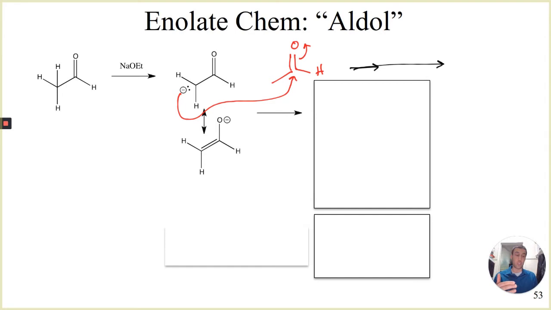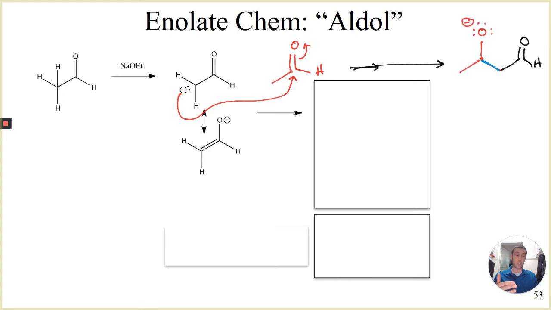The resulting structure is going to look something like this. Red bond to show our connection. And actually, I'm going to show that new bond in blue. There's the carbon of our carbonyl that we just attacked,